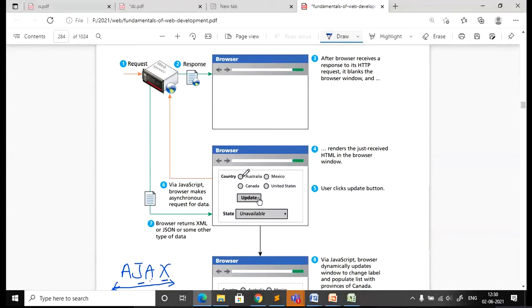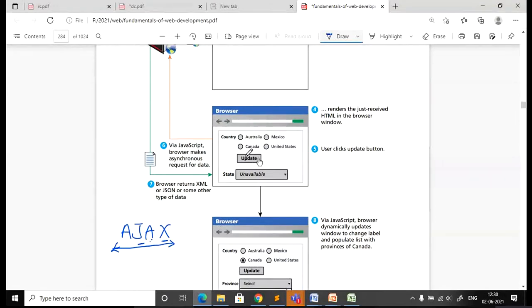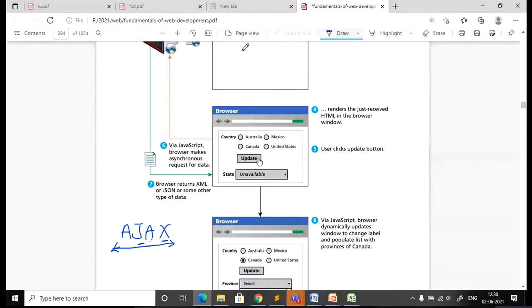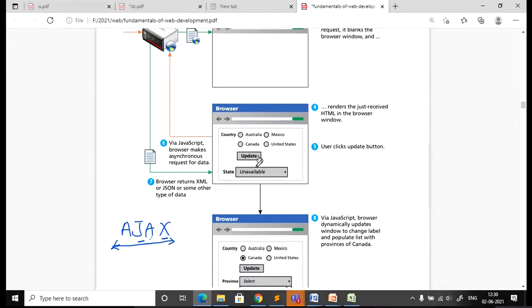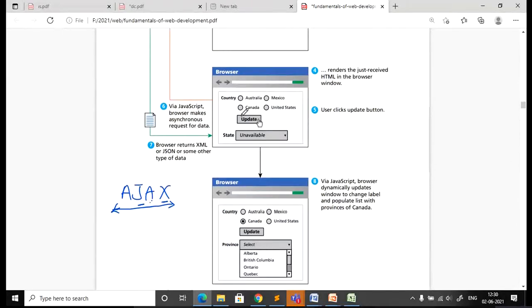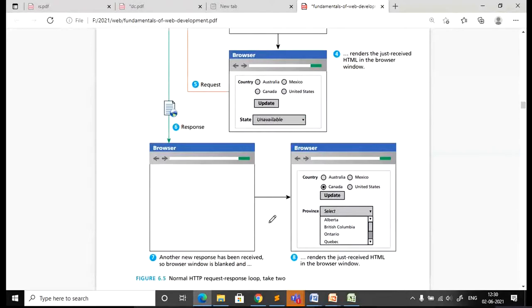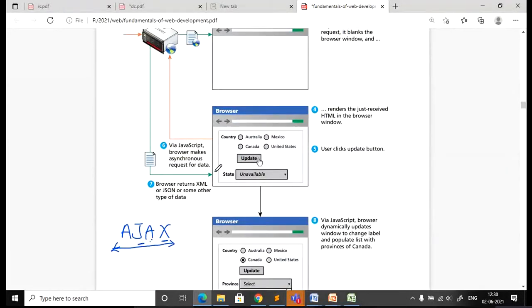And here, if you click on a particular input and click on update, it is not going to a blank page. It will be just here only, as it is, and after some time you will get the list of states according to the input you have selected. So this blank page that happens in an HTTP request-response, that problem is not going to happen if you use Ajax.